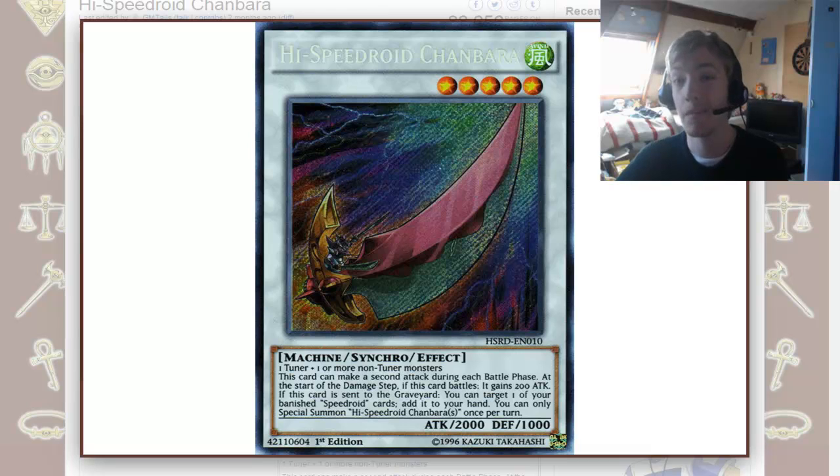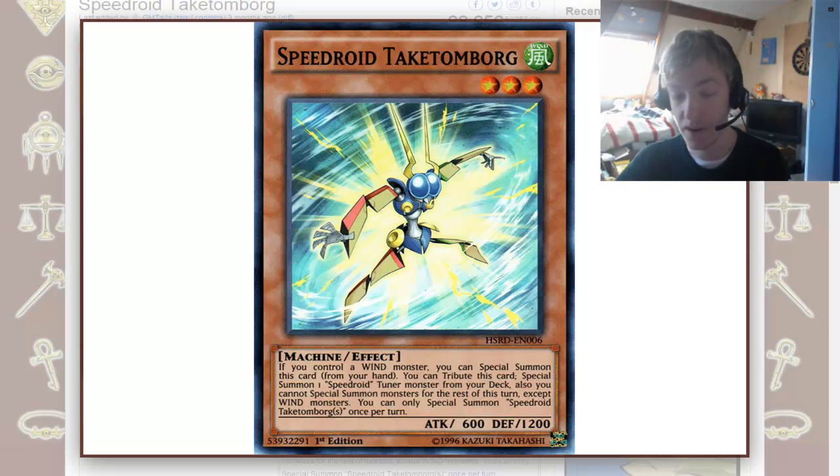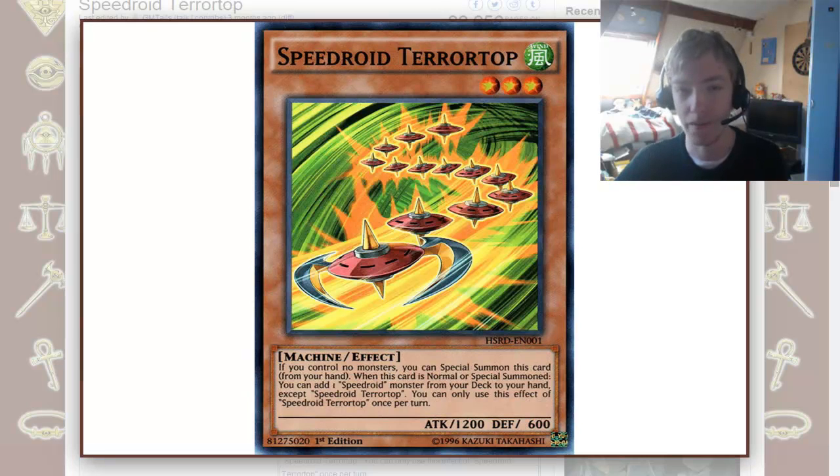Another way, if you do have a monster, you normal summon Terratop. You instead add Borg, because you've already used your normal summon, you can't normal summon Red-Eyed Dice. But you add Borg, because you have a wind monster, Terratop, in the field, you special summon Borg. Its effect: tribute it to summon Red-Eyed Dice, then its effect makes Terratop level 4, and then you still have